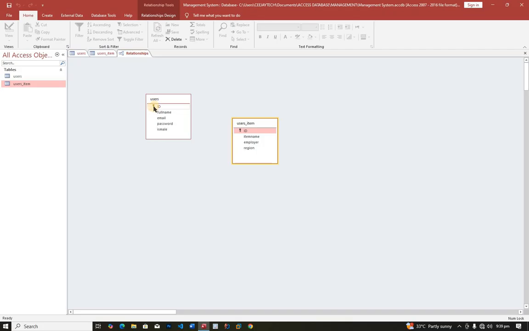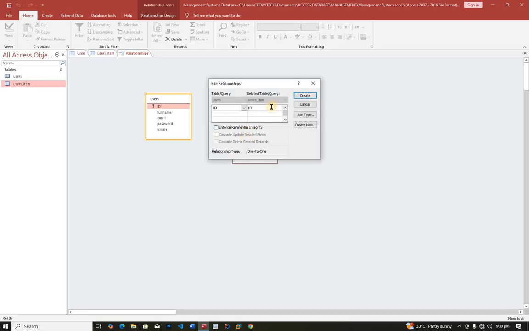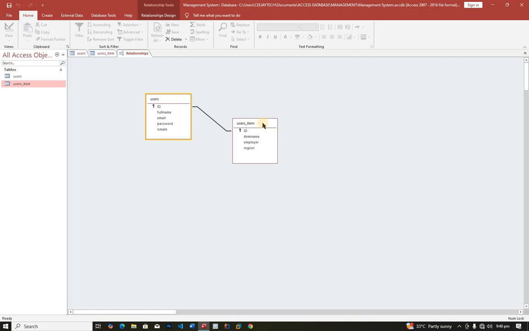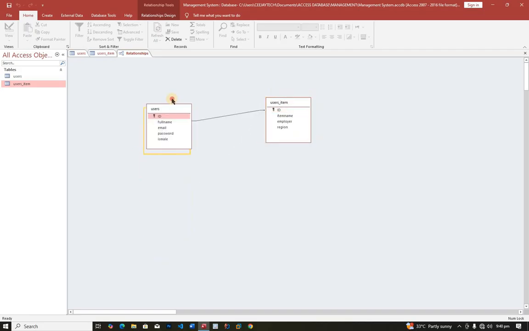So you select here and drag to here, and there will be a pop-up letting you know that you want the ID here and the ID here to have a relationship. You can edit the relationship, and once you are done, you click on create. Now you see there is a relationship between these tables. Wherever you drag either table, it will let you know that they have a relationship,